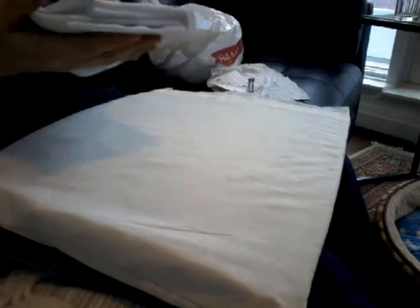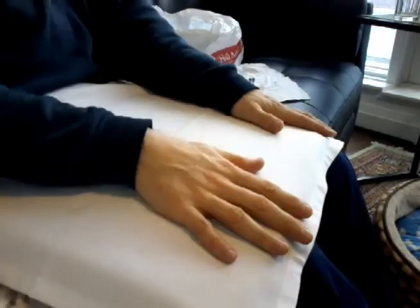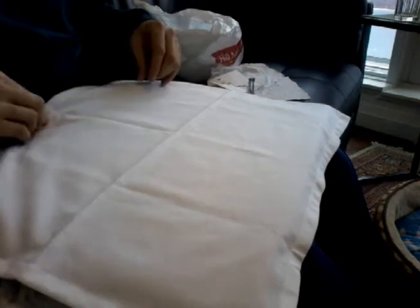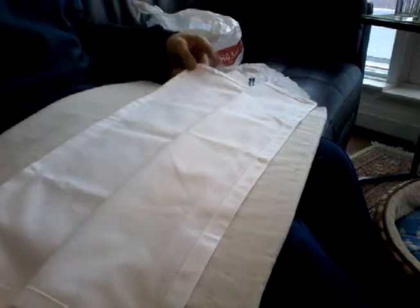Today I would like to talk to you about making yourself some lovely linen or cotton, or even polyester works as well, napkins. Okay, so these are mitred, as you can see, perfectly mitred in the edge, and that takes a bit